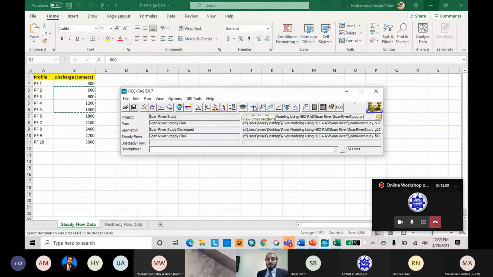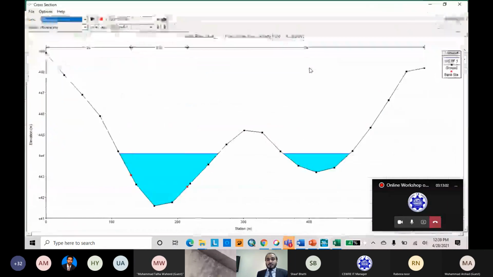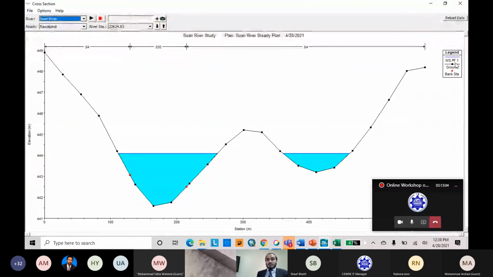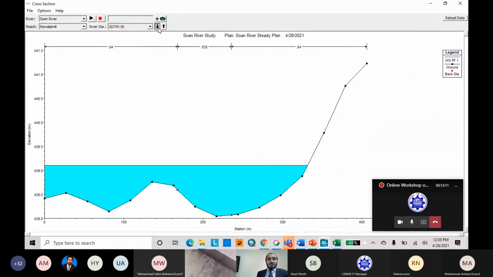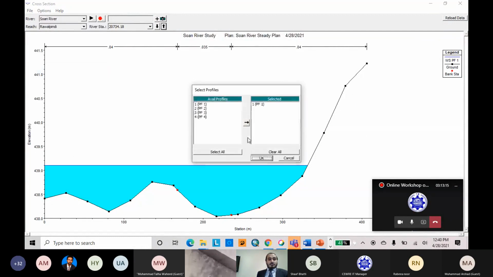Now we can see our output. Here is the output of profile 1, which consisted of 600 cubic meters. You can see each and every cross section here. You can add other profiles also.